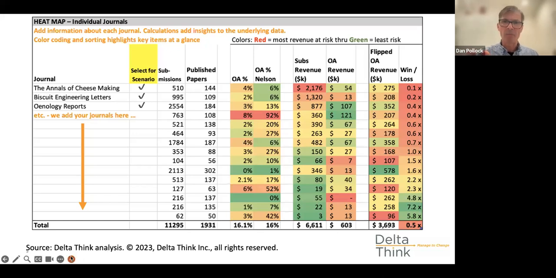So again, I'll pause there. That's quite a lot to take in. It's a complicated table. I hope I've broken it down and explained it and given you a sense of how we have to go through gathering data, averaging it up, finding the relevant things that make sense, and then we can do this kind of before and after win-loss analysis and color code it up so you can see it.